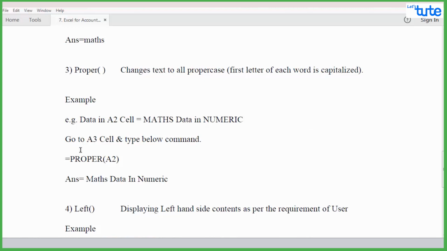So in cell A3 I have typed the command proper, bracket open, cell A2, bracket close. My answer is Maths Data, with the first letter of each word capitalized. So my dear friends, you have understood how to apply the proper command. Generally the proper command is used for employee data.